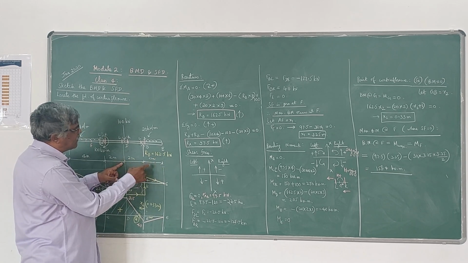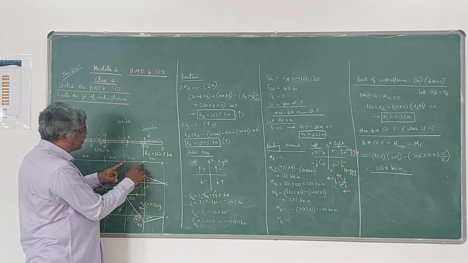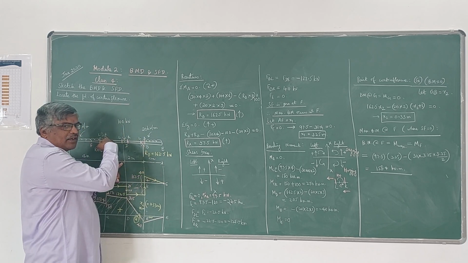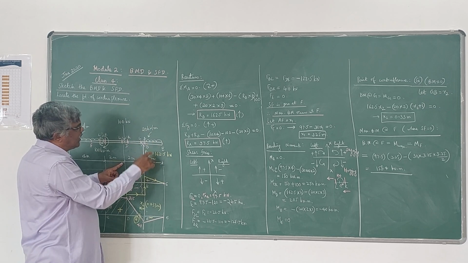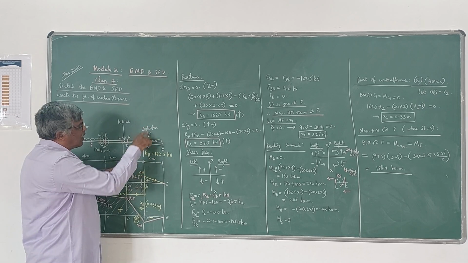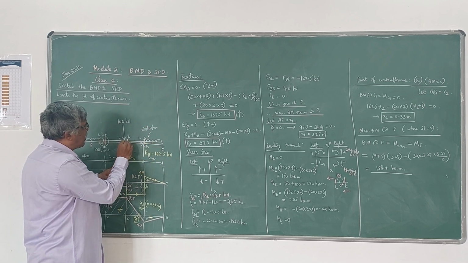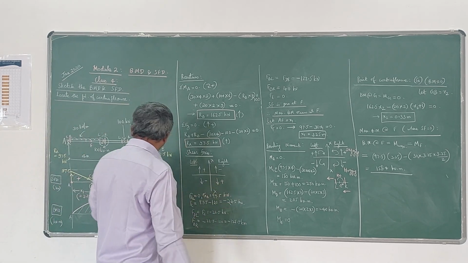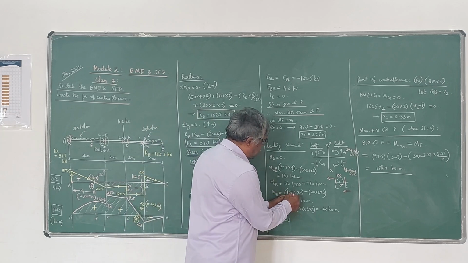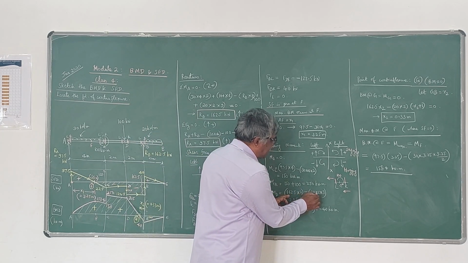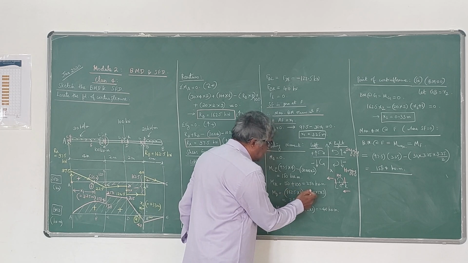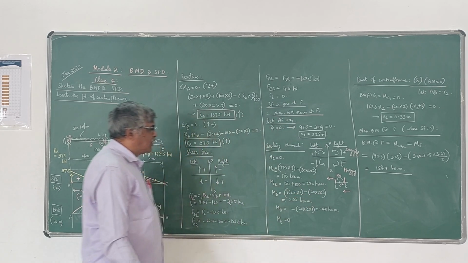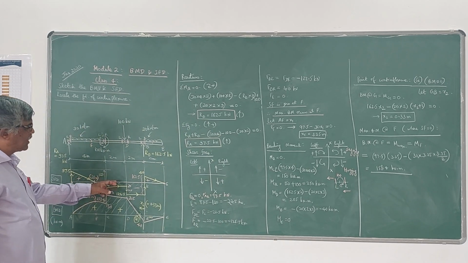If you are seeing the right side of D, 162.5 into 2 is there, distance. Okay? So it is acting upwards, therefore positive. Then this 20 into 2 is acting downwards, 40 into the distance from this point D, it will be 2 plus 1. So 40 into 3. So here it is 162.5 into 2 minus 20 into 2 into 3, because this is acting upwards, this is acting downwards, it is negative. So you are getting 205 kilonewton meter as the bending moment at D, MD value.